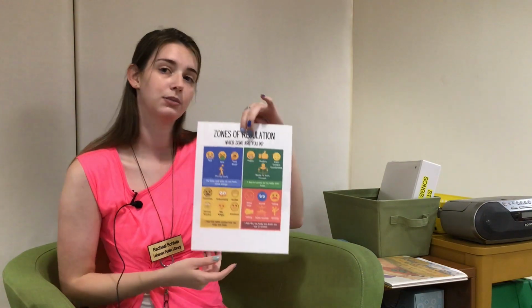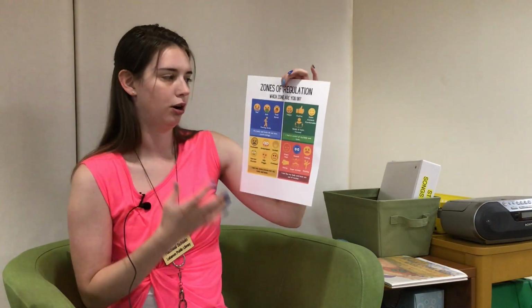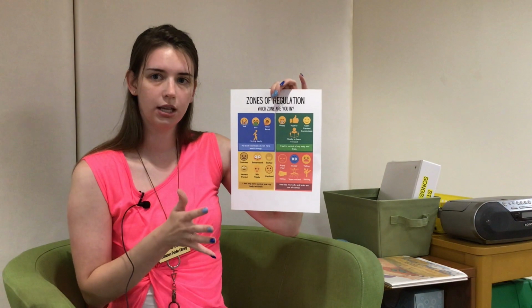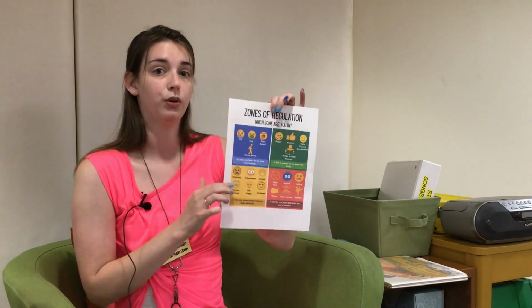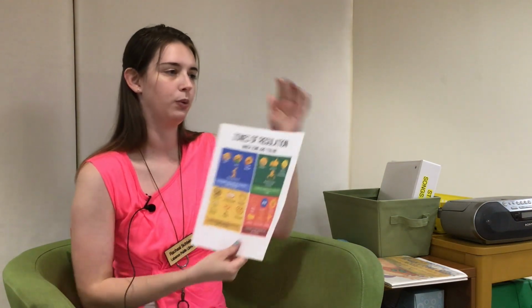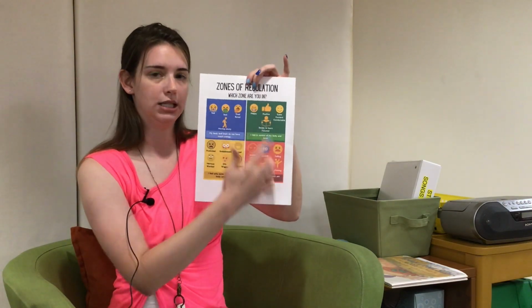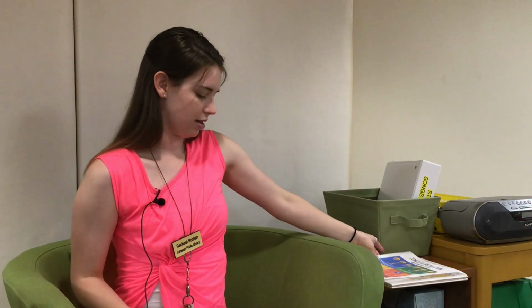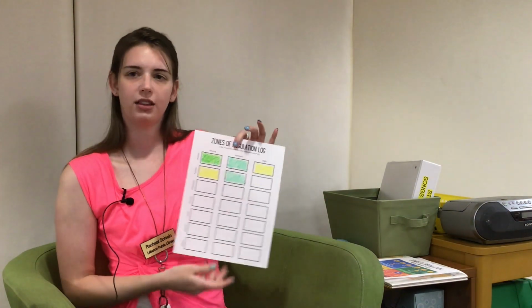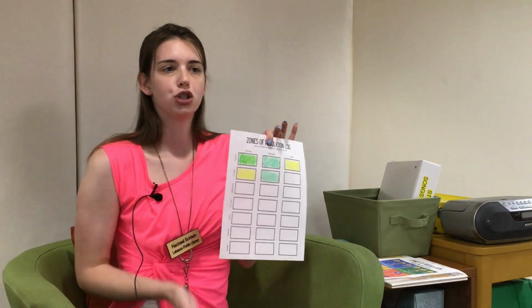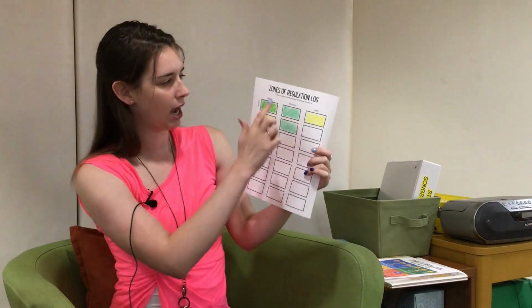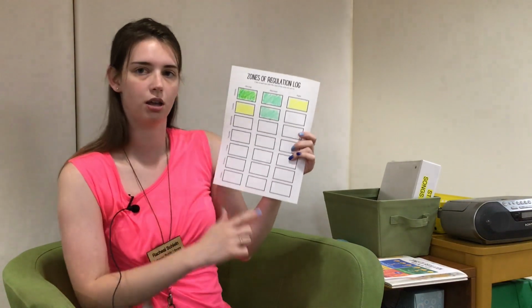And that's okay, because sometimes we feel like our emotions and our bodies are not regulated, so we have to think about how we want to regulate them, which means that we want to think about how we can control them and get back to this green zone. So an activity that you can do to help you, if you've been feeling like maybe you're not in control or you're in the yellow and red zone a lot, or maybe the blue zone, and you want to try to get back to that green zone, I have this zones of regulation log that you can use.